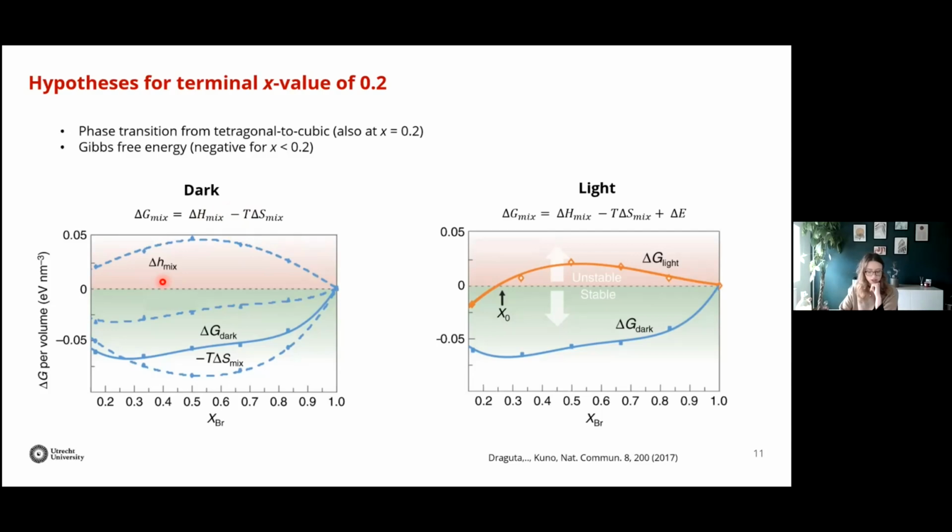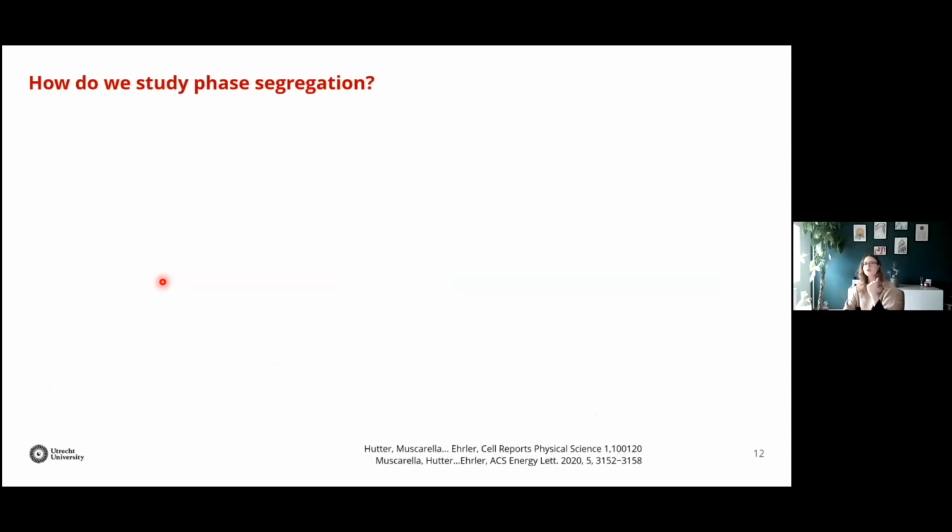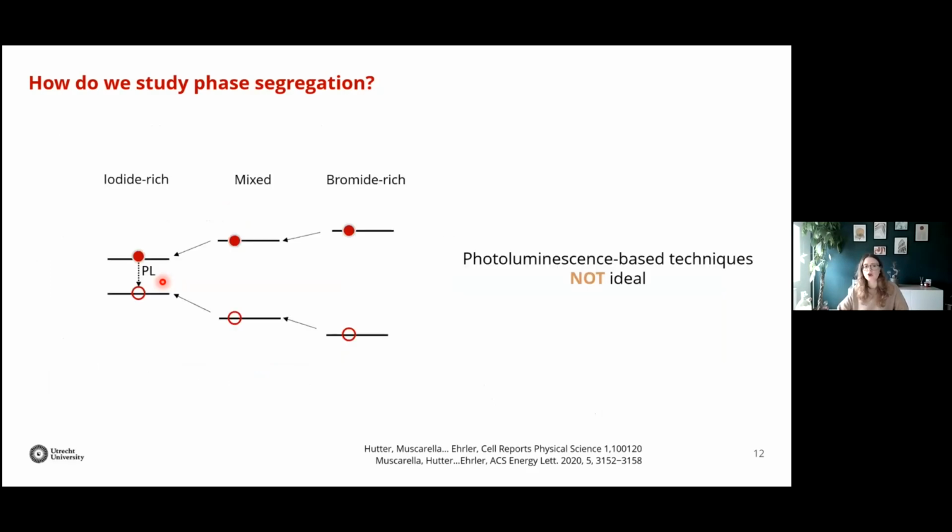So what we wanted to do was then look at how strain could affect this phase segregation. And how we did that was to not focus on photoluminescence-based techniques, because we think that in this case, photoluminescence can only give a partial